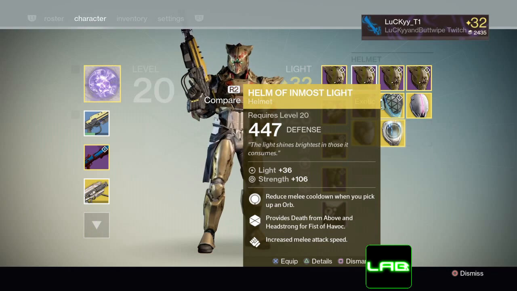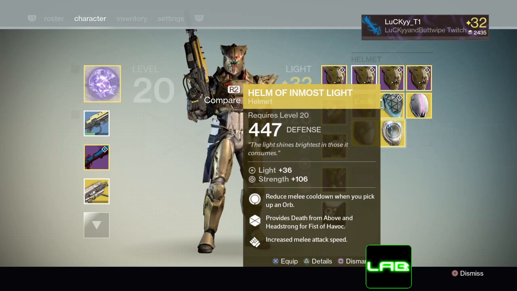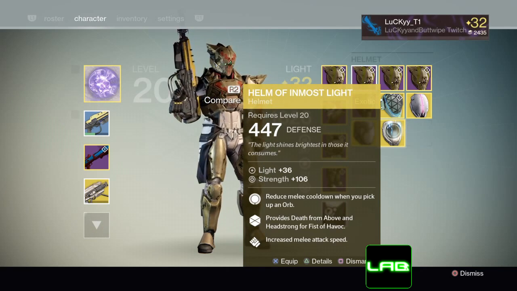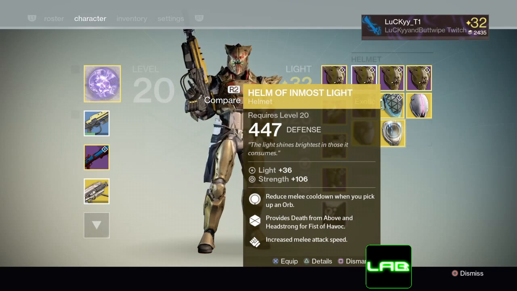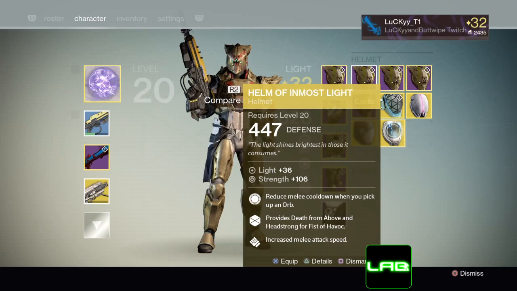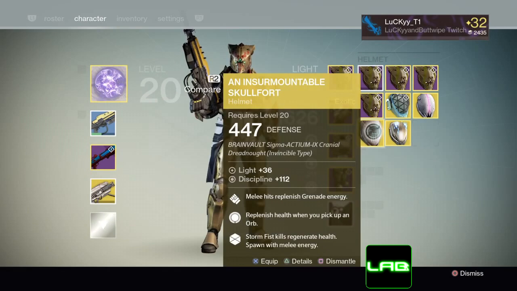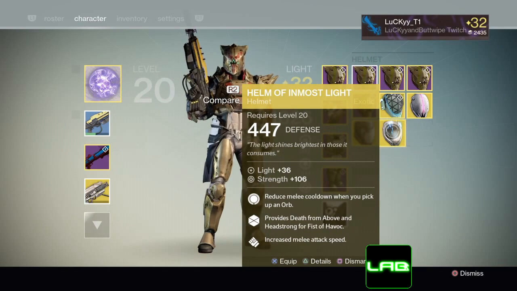Its perks are reduced melee cooldown when you pick up an orb, which can be helpful to have more melee, I suppose. Provides Death from Above and Headstrong for Fist of Havoc. Both of those perks aren't really that helpful for Fist of Havoc. It can be helpful to jump and get a longer distance with it, yes, and it can be helpful when you jump and then aim your Fist of Havoc down, but for the most part, they're not actually the most helpful perks. And in comparison, especially to Saint 14 and Glasshouse and Insurmountable Skullfort, its perks seem very lackluster to me,